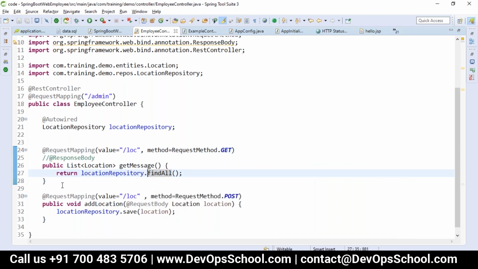So that's what we have written here. Request mapping, value of location and method, request method and the post. If you want to specifically mention what is the data which it should accept, we have to mention that it should consume the media type as